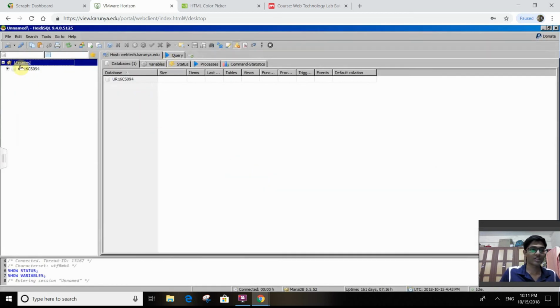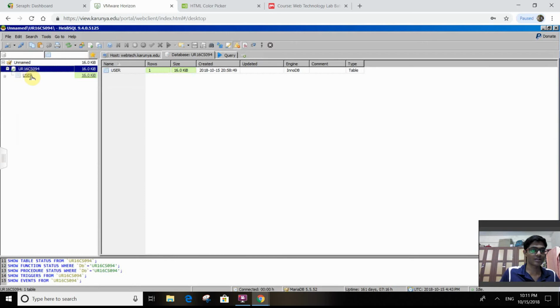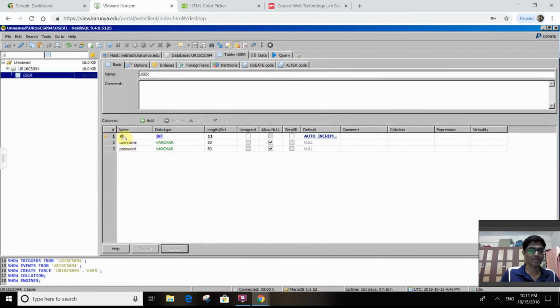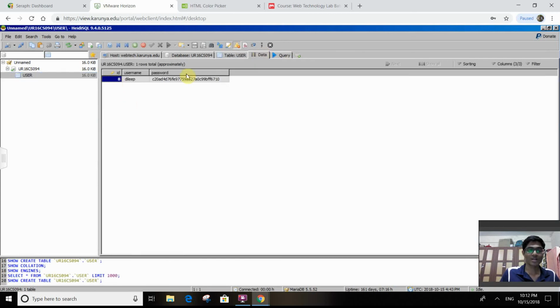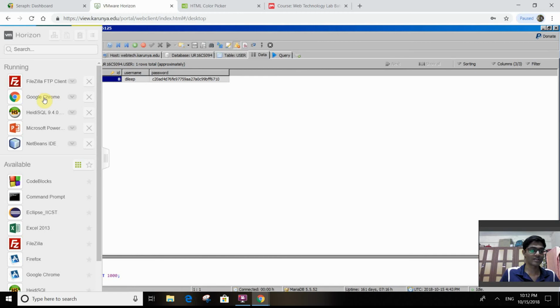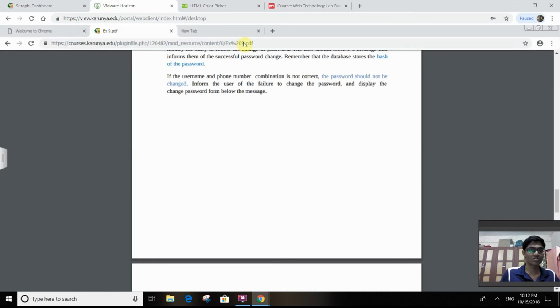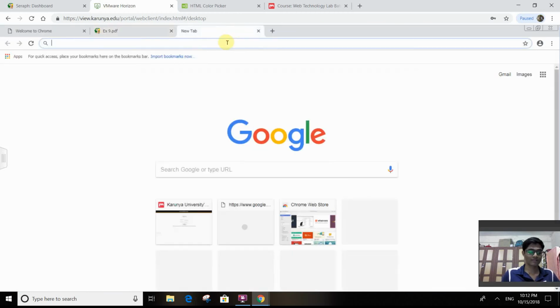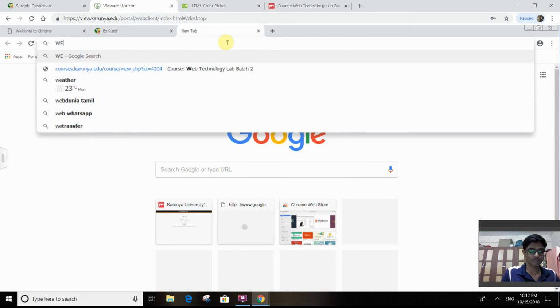As you can see, I have created a table under that user, and the column names are ID, username, and password, and ID has auto increment for the int, with length set to 11. Similarly, in the data we have some content and IDs. This is the table which gets reflected when I run the code. Now to run the code, we should have webtech dot